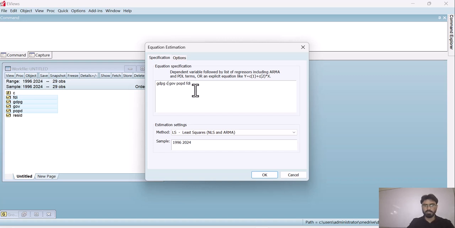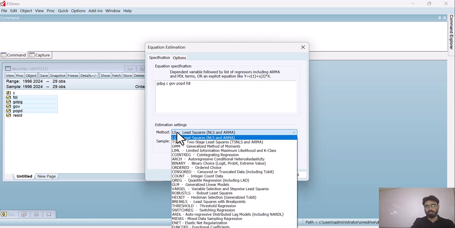Here you can see that your model is written. The first variable, GDPG, is your dependent variable. C is for constant or intercept. GOV, POPD and FDI are your independent variables, and from this option you can select any of these models which you are interested in applying.